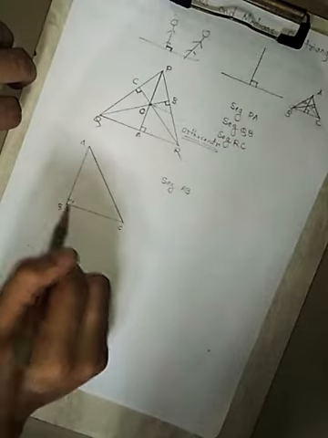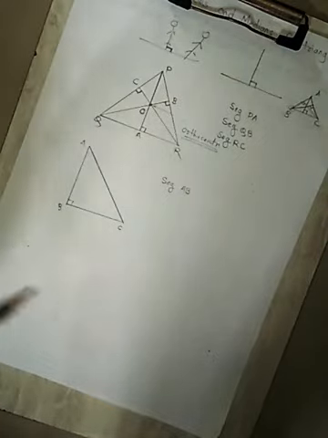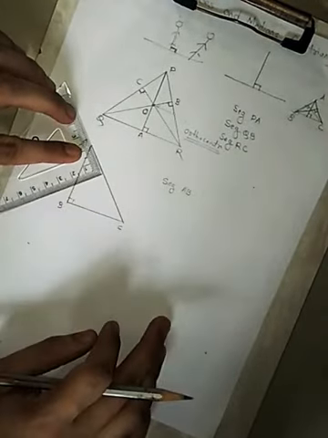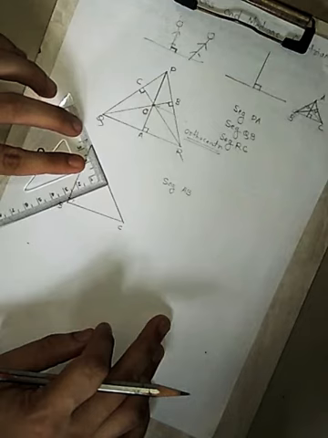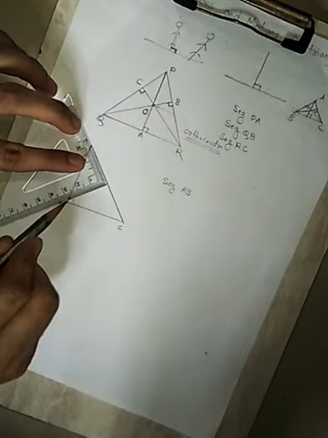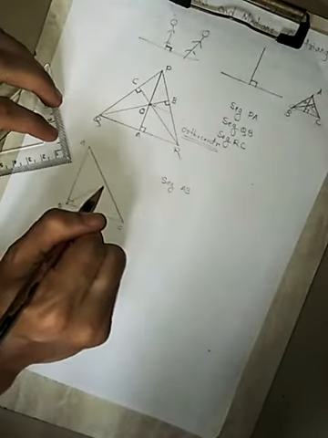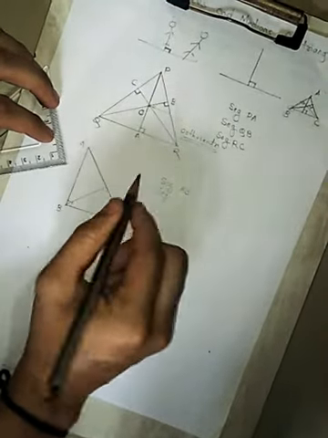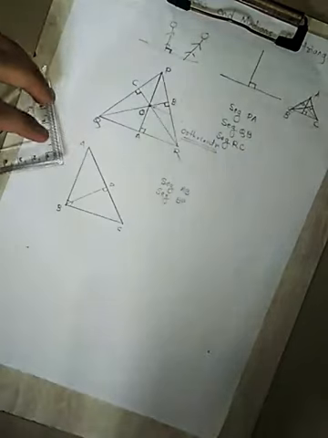Let's take the next point, point B. What is the opposite side of point B? Segment AC. Now keep the set square like this. You have to match the base of the set square with AC this way, and again shift towards point B. Now you have to stop here and draw one line towards AC, which is perpendicular on AC, because it's the second altitude of this triangle. Let me give the name P to this point. So segment BP is my second altitude.